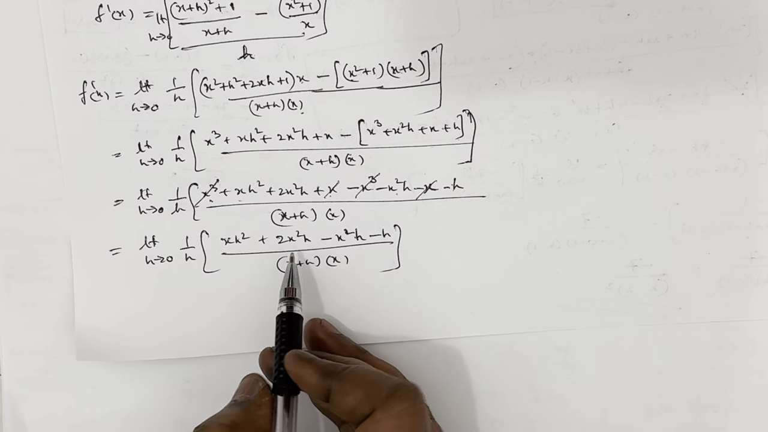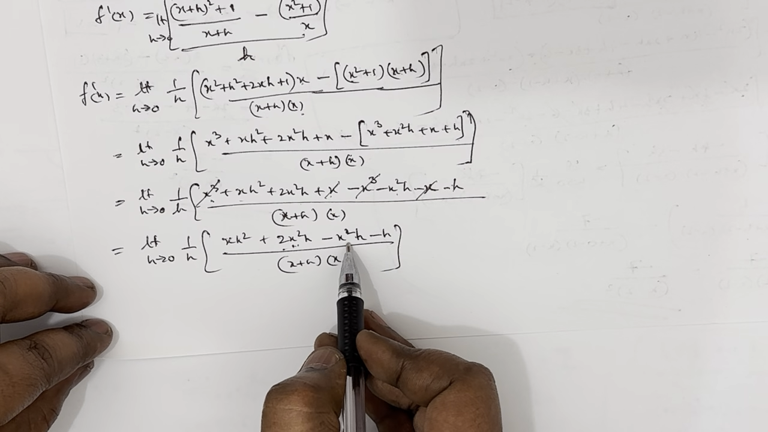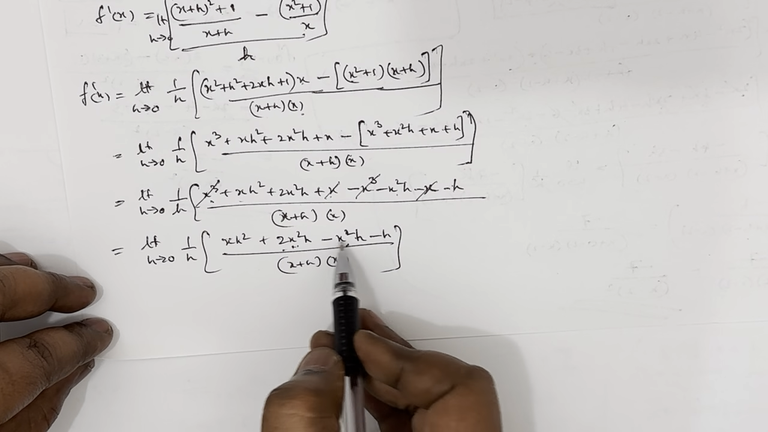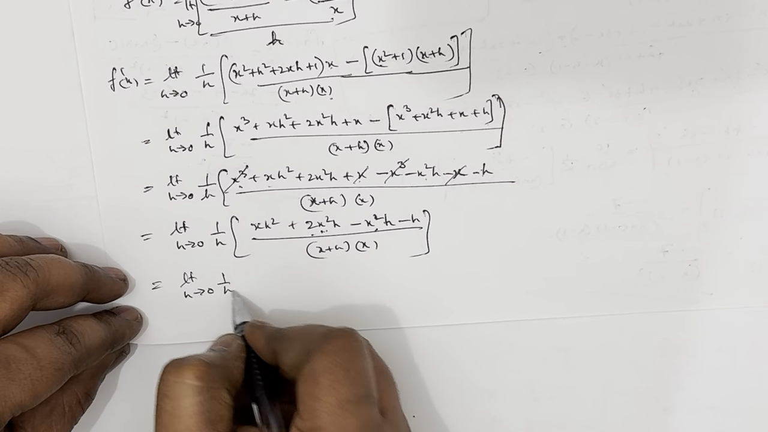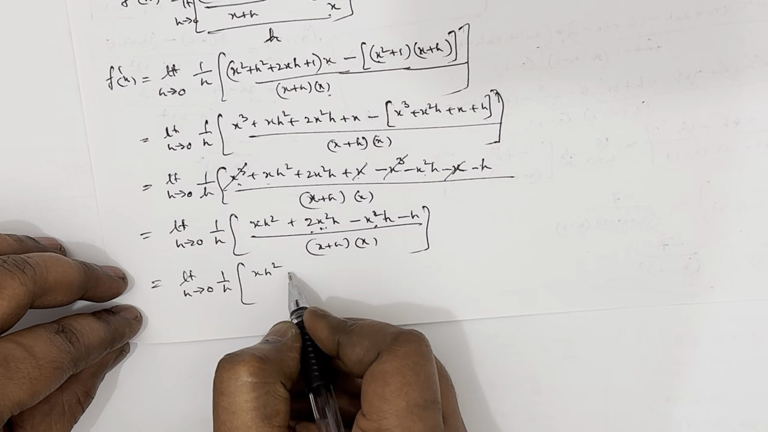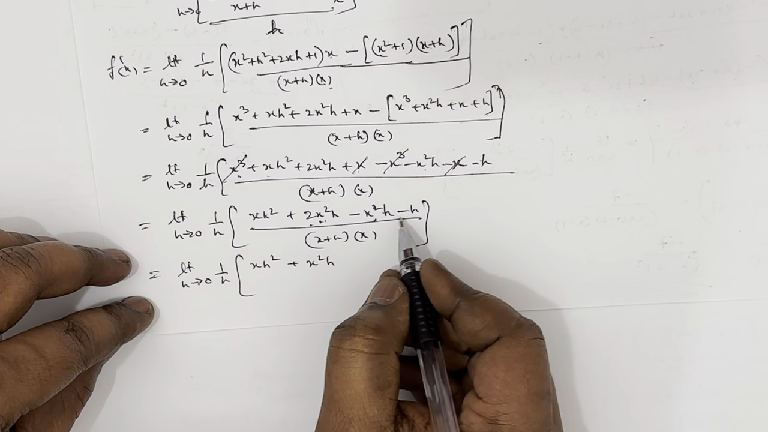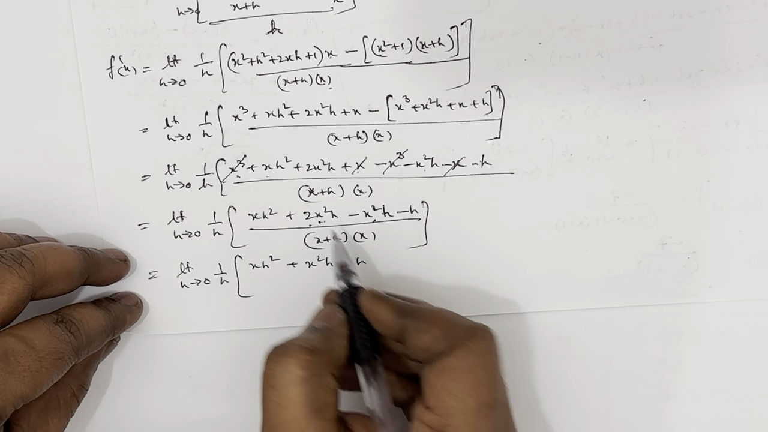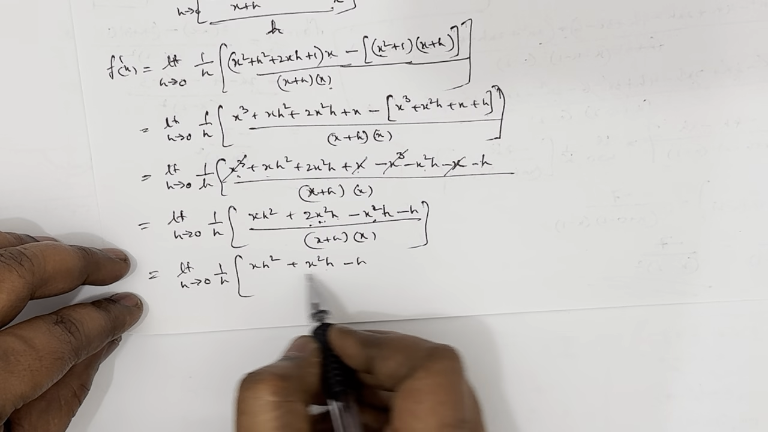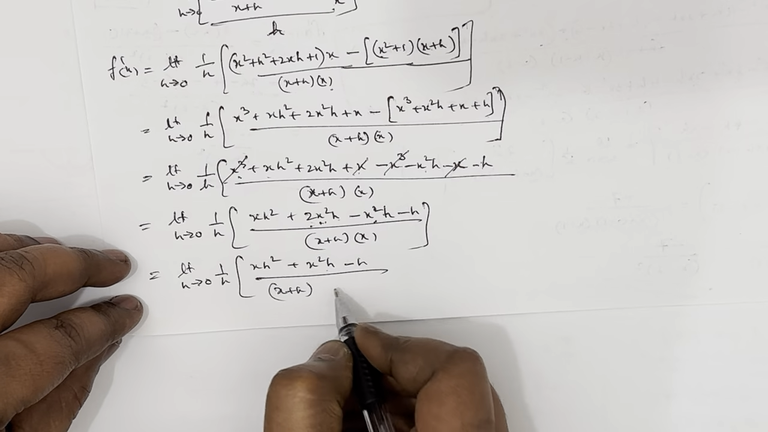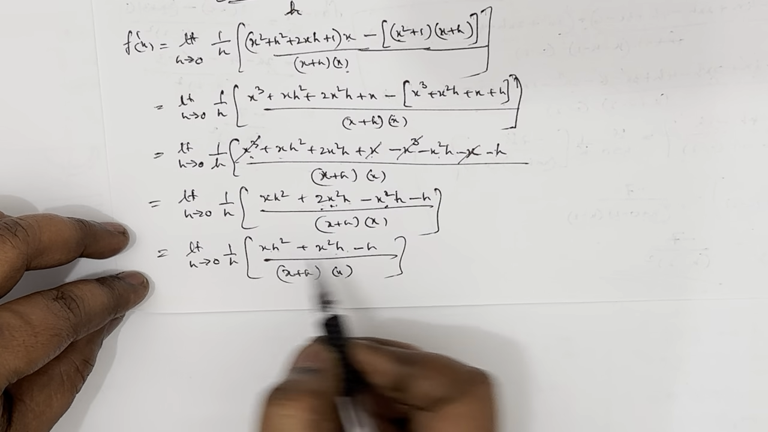Okay, now you see we have x square h and x square h. This is 2x square h and this is minus 1x square h. So it will get subtracted and we get limit h tends to 0, 1 upon h, this as it is, plus we have 1x square h, so minus h. 2x square h minus x square h will be x square h, then minus h upon x plus h multiplied by x. So in the numerator, if you take the h common, you will have,